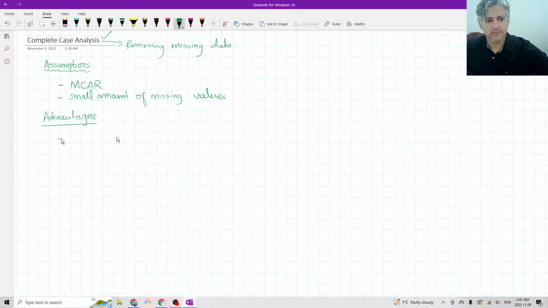So when we talk about advantages, it is pretty straightforward and easy to implement. You just need to drop any missing values. That is a command that you're going to use, and you're done. It means you just did the complete case analysis. So easy to implement. That is the best advantage it has. And then one important thing, it preserves